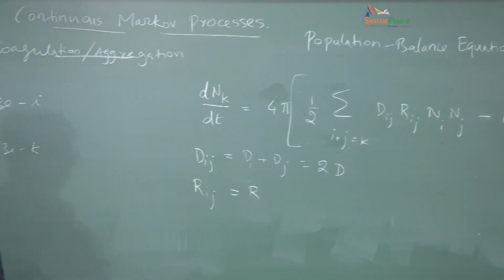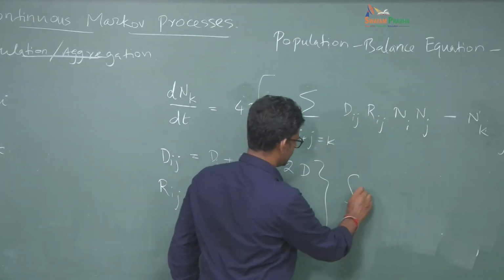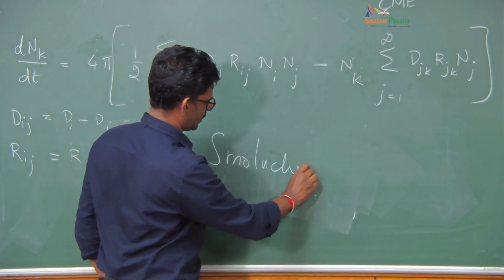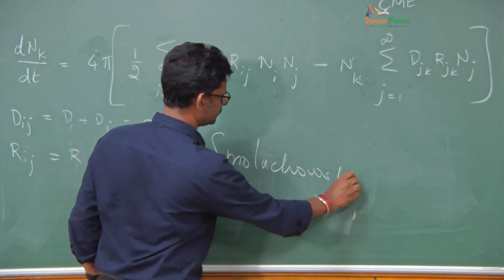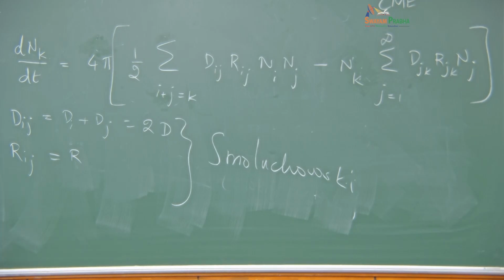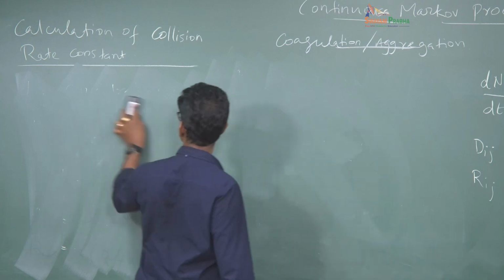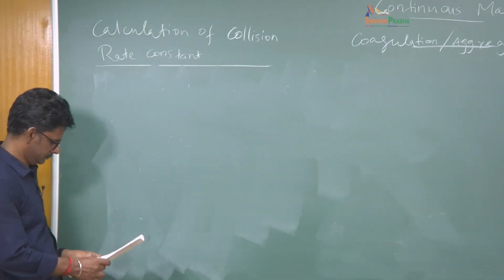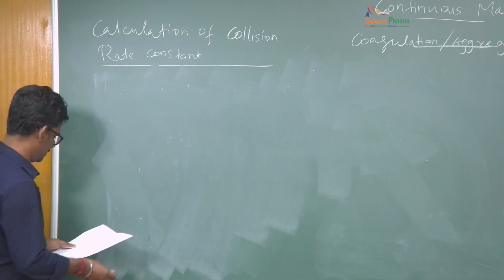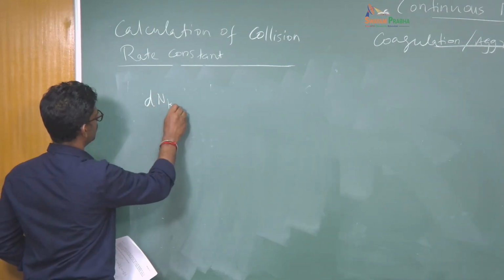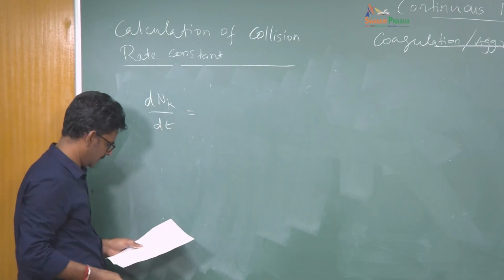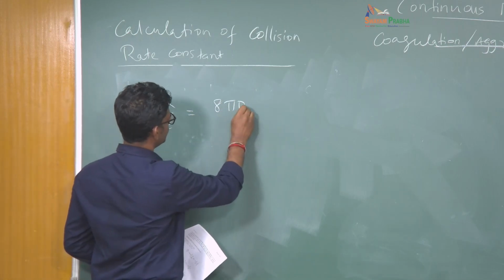And this solution is given by what we call stochastic. Once you substitute all that, you will see dnk by dt is given as 8 pi d r